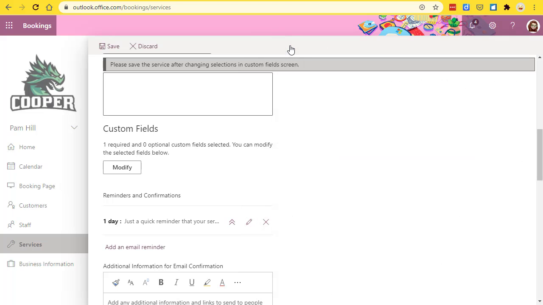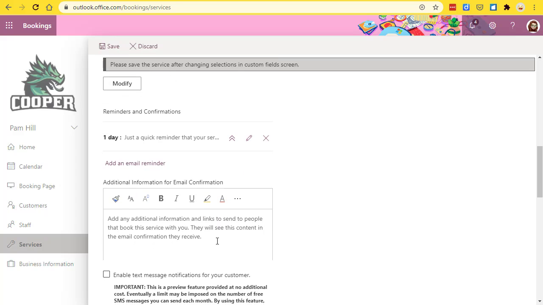And I hit OK. And then it tells me, hey, you have 1 required and 0 optional custom fields selected. Okay, then your reminder, I leave mine at 1 day. It will remind them that they have an appointment via text or email, which is great. Then here is where you would put in, like this is where I put my Zoom link, my recurring Zoom link, so that it automatically sends that to them as soon as they book. You could choose to do that. You could put something else. You could ask them to bring,